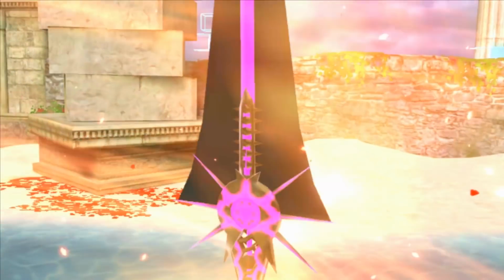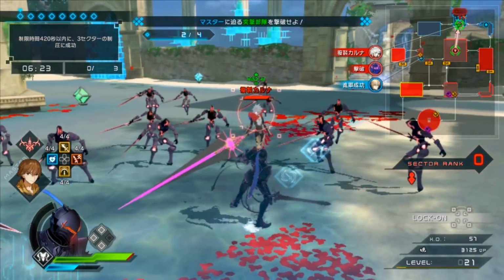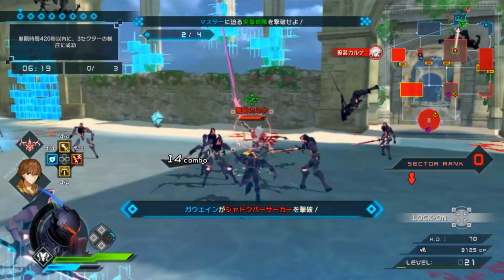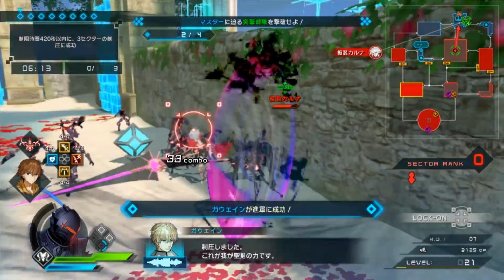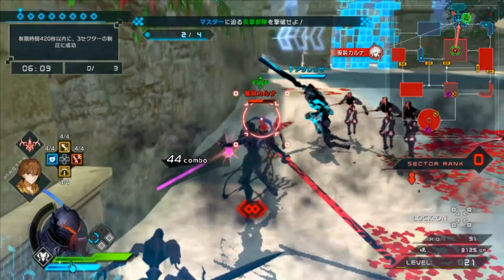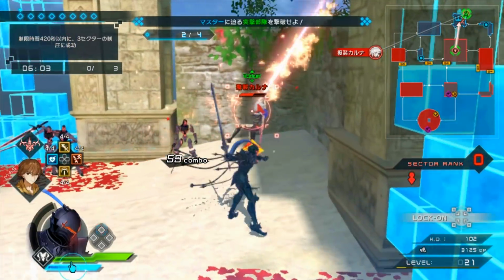Alright. Oh, it's you again. I look forward to beating you up once more. Where are you? Back over this way. Here's what you get for screwing with me. So you can see a challenge mission has popped up in the top left there. I assume that means, well, I'm guessing it means get to 420 combos 3 times. Or kill 420 enemies, or I don't know, but...